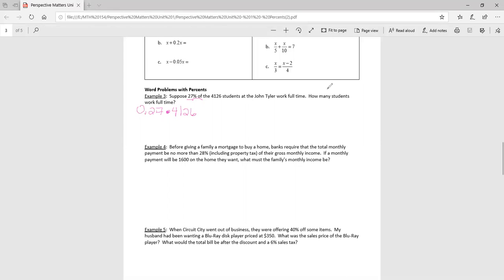Okay, how many students work full-time? That's the same as saying is equal to your full-time workers. So that 27% are our full-time workers at John Tyler, which I'm going to call X. That was a fancy way of saying what is 27%. And then we do that direct multiplication, and you come up with